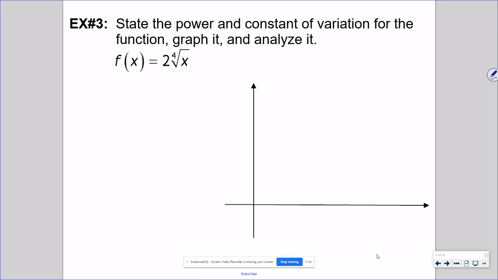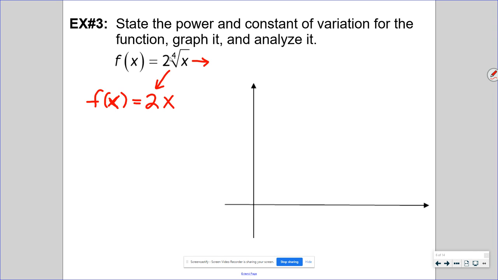Okay. So for this one, state the power and constant of variation for the function, graph it, and analyze it. So this one, I'm not going to do graphing because we're going to address this graphing question in a moment. But it is good to look at this question because we haven't had one with a radical yet. So the constant of variation is 2 because it's the number in front. However, I'm going to ask you for the power to think of another way to write the square root or cube root or fourth root in this case